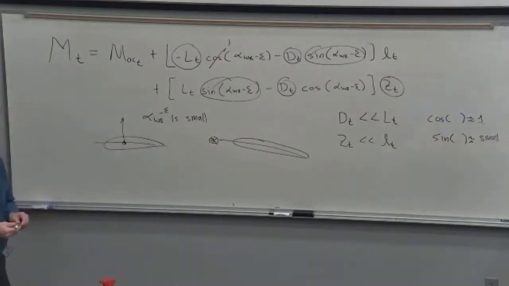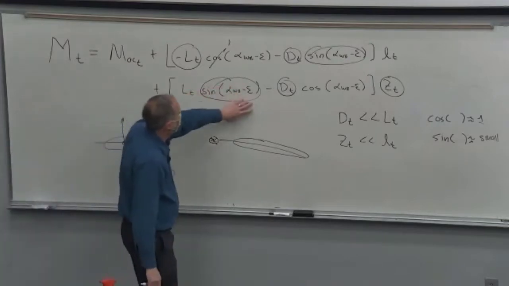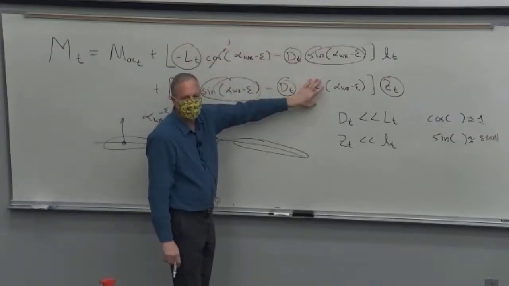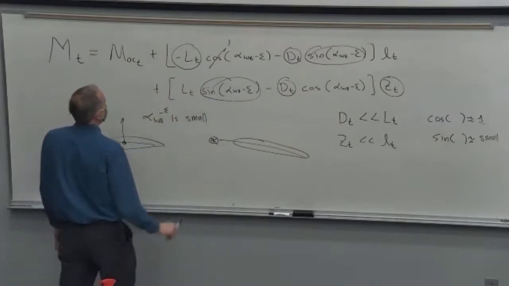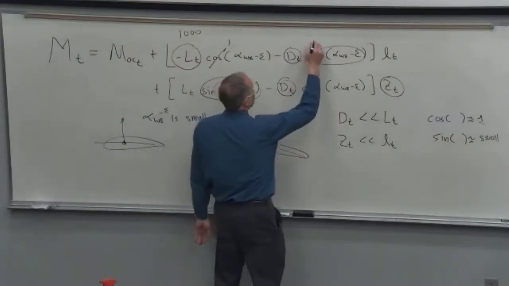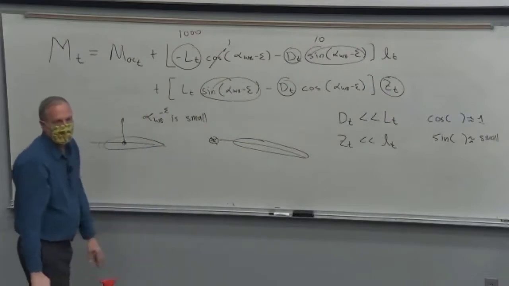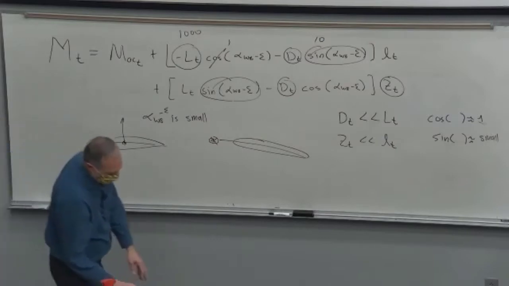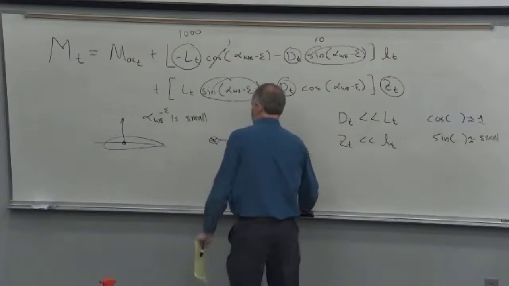Now, you'll hear this in other classes as well, but when you're doing this kind of analysis and you say, well, this is small, the key is it's not just small, because how small is small, right? If you're talking about atoms, then we're talking really small. So what you really do is you say, okay, this is small compared to this term. This term is big compared to these, so we keep this one and we can neglect these. If we started plugging in numbers, you'd find out that we got like 1,000 here, and here we got maybe 10. And you'd say, well, yeah, that's small. We could neglect the 10 for an approximation, right? So what we're left with, when it's all done,